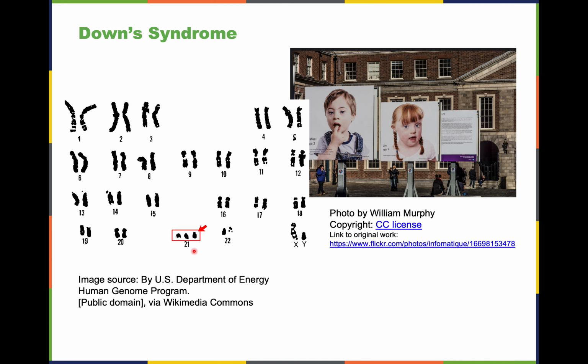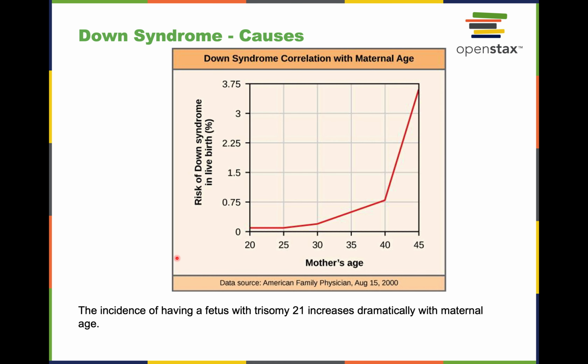And Down syndrome is a result of non-disjunction, where at some point either the homologous chromosome 21s or the sister chromatids don't separate, and the individual that is born has 3 chromosome 21s. Now, the occurrence of Down syndrome has a direct correlation with the mother's age. After the age of 40, the occurrence of Down syndrome goes way up, and it is thought that since